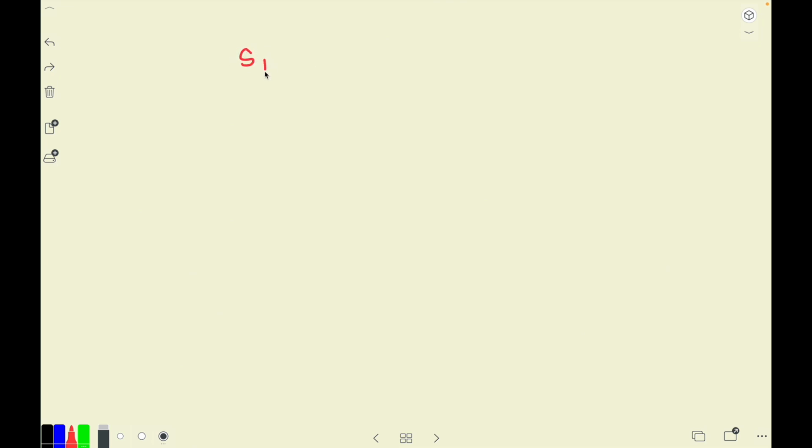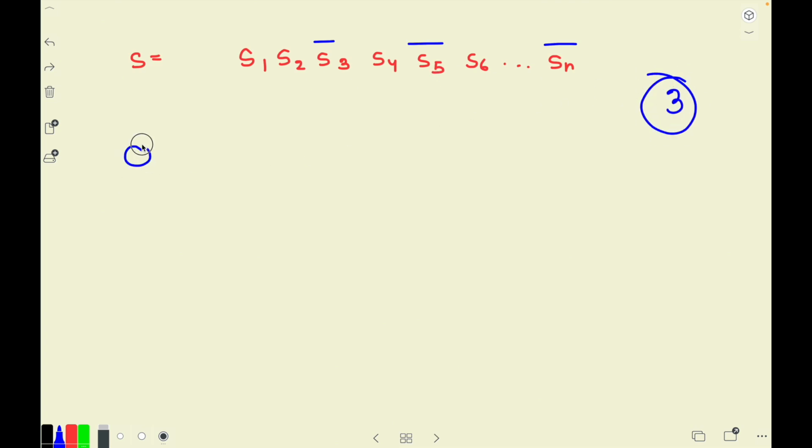The string is given. Let's say S1, S2, S3, S4, S5, S6, and so on till Sn. So this is the main string S that is given to you. Now in this string, let's assume S3 was a vowel, S5 was a vowel, and let's say the last letter, Sn, was a vowel. So you had 3 vowels. Now, if Alice sees that in this string there are 3 vowels in total,